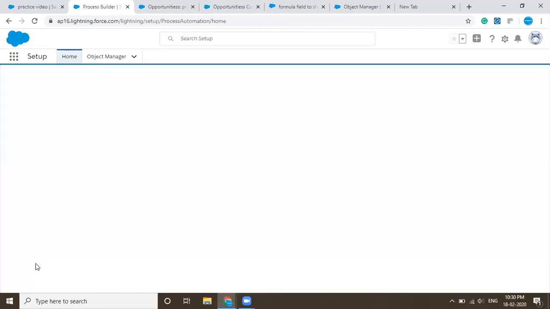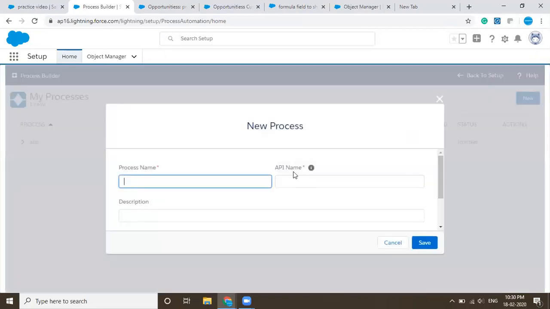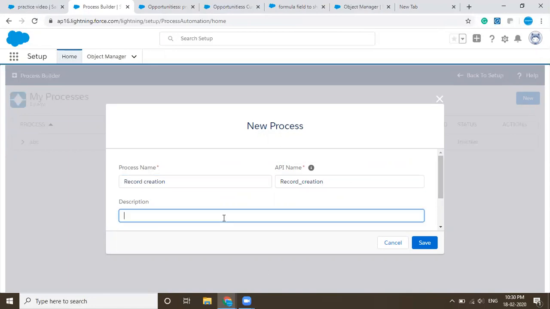I think many of you are familiar with the process builder and how it works. So I'll create one process builder in front of you. You can give any name to the process. I'll give it record creation. So this is the API name, and for the description I'll give: create the record in opportunity history with the change of